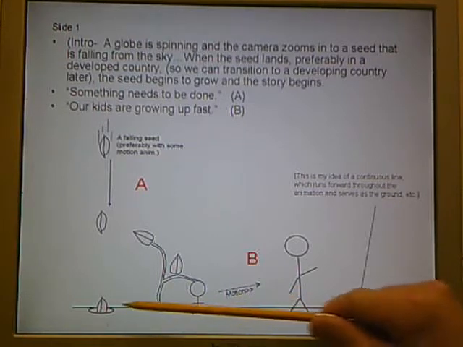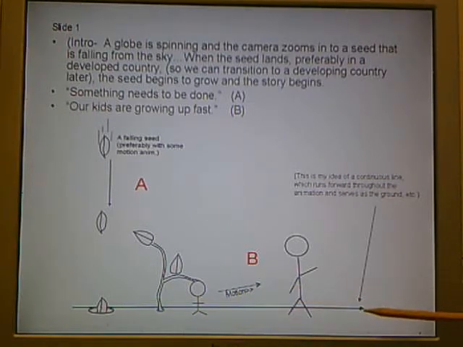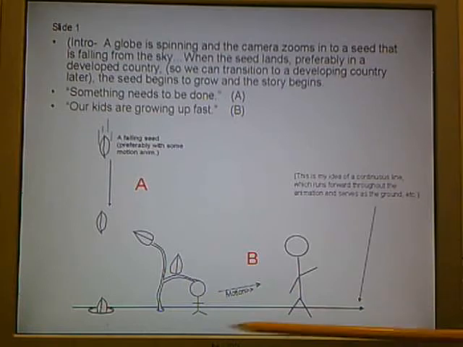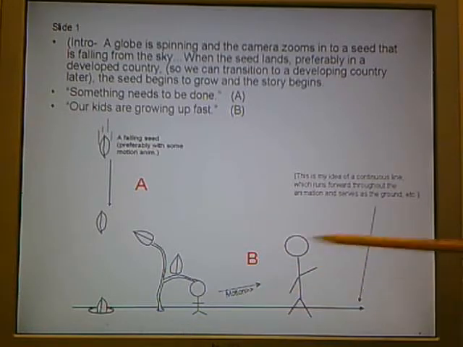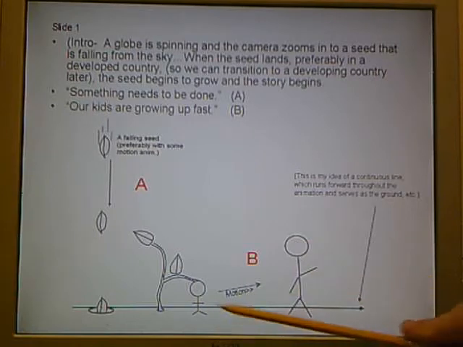Now, as the seed grows, you're going to see an arrow that begins to go to the right. This arrow is going to be the primary focal point of the video, which means that it's going to move continually up and down, around, sometimes in a 3D way, but it's going to serve as the ground. And it's also going to be the point of reference for the story. As the story moves along, it's going to continue to move along. So keep in mind that this is always going to be moving forward.